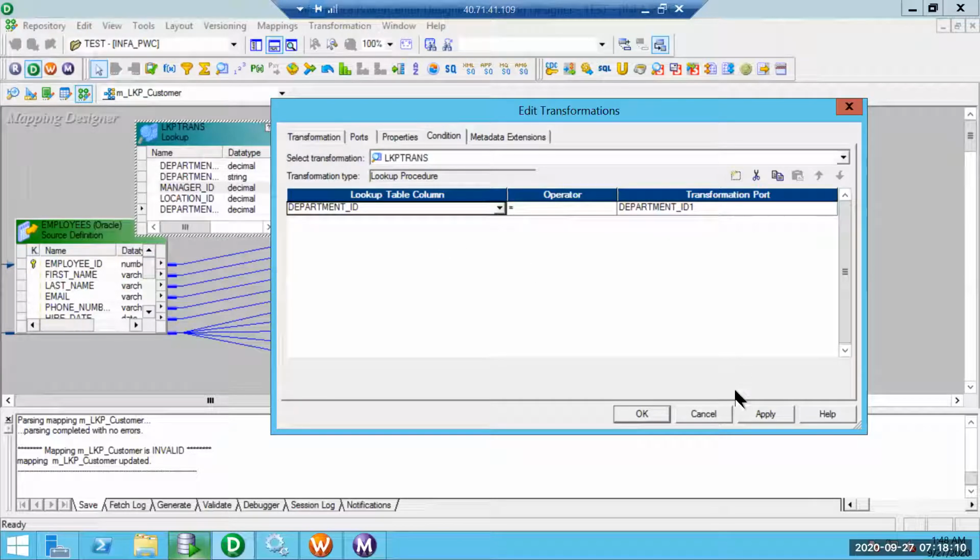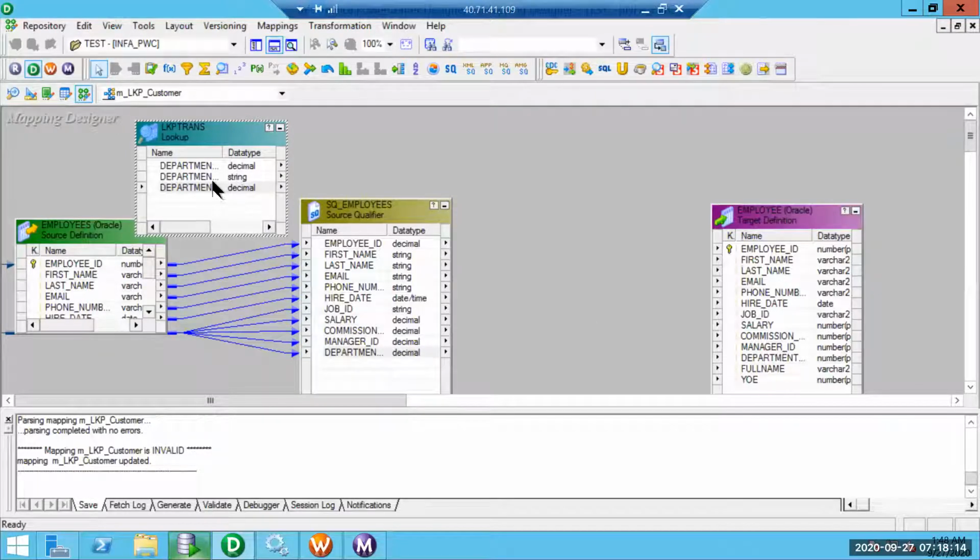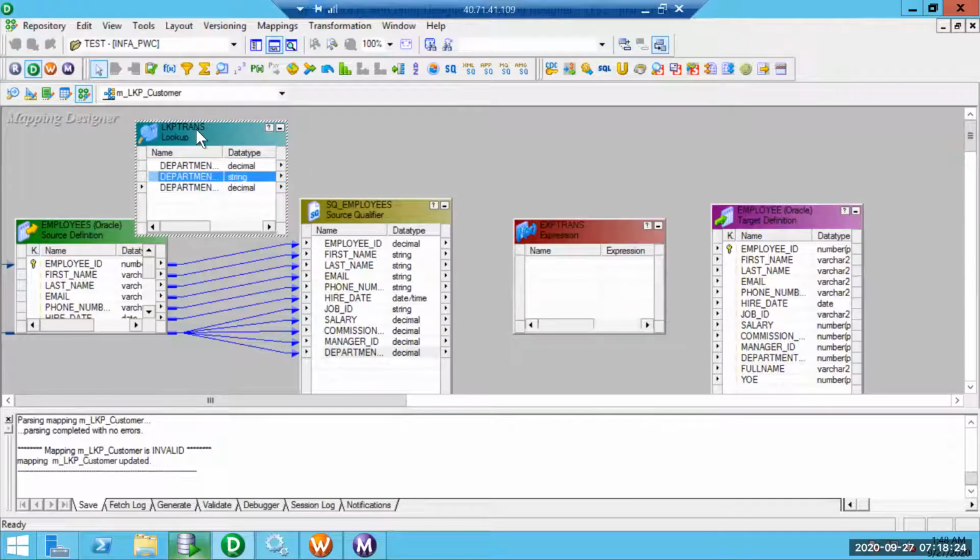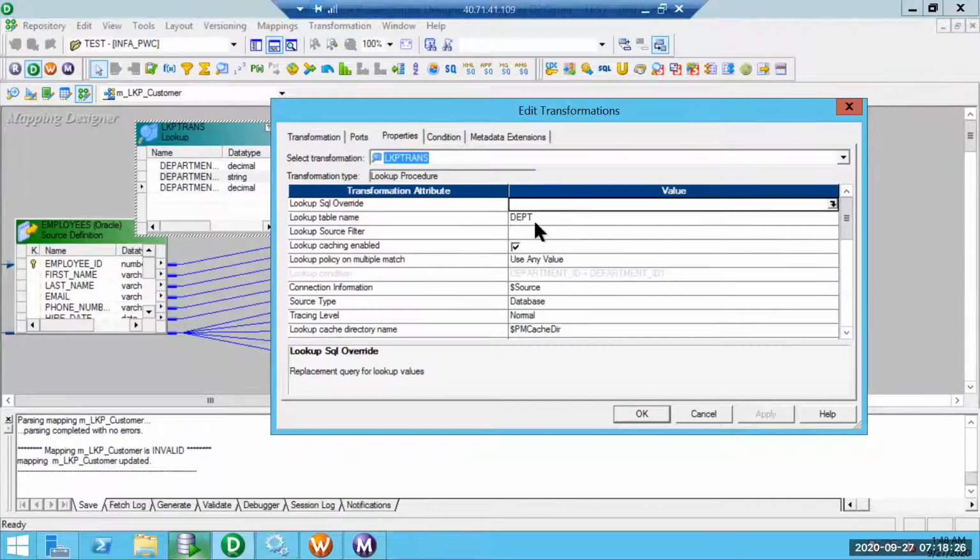So we have defined the condition. Usually this is an input port and this is my return port. Using an expression transformation, I am going to invoke the lookup transformation. It is always good to rename the lookup with the name of the table.